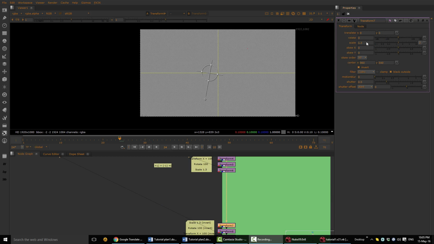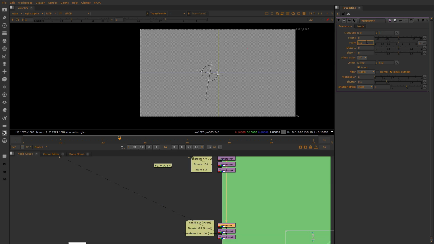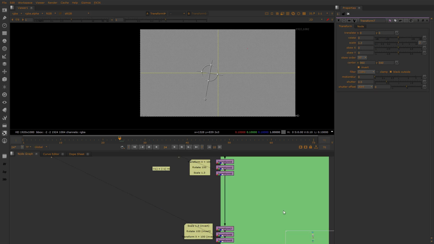So it's a reverse of 1.3 scale in this example. When Nuke recognizes that something can be collapsed into one single mathematical operation, it negates that operation. So it's basically the same as it does not do it at all. What I mean by that is, if we take a difference node,